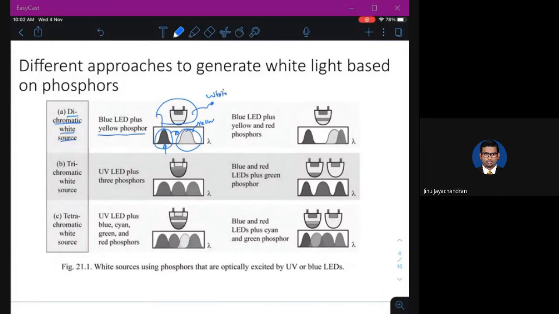Okay, so this is one way. Now there is another option where you have a blue LED and you can have yellow and red. So it will emit the corresponding colors, which will finally end up giving the complete white light. Similarly, you can have a trichromatic white source,